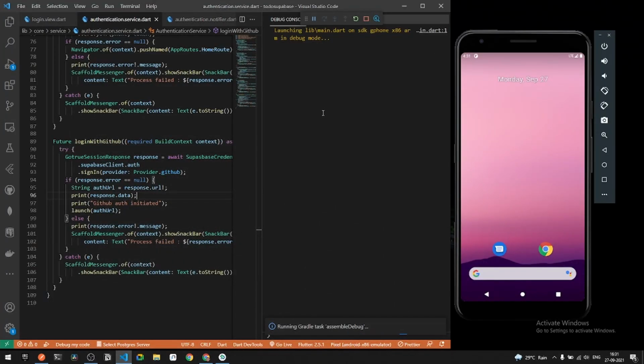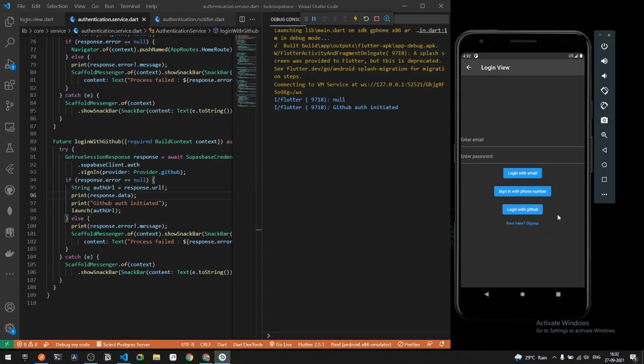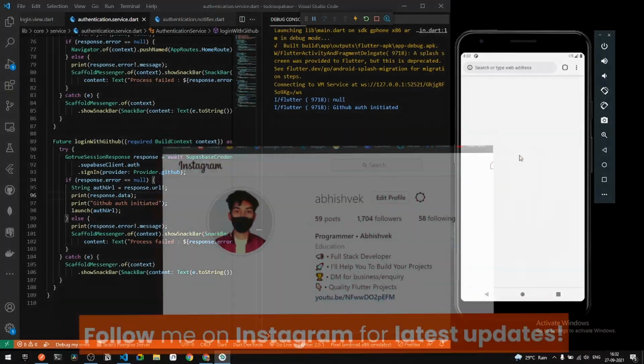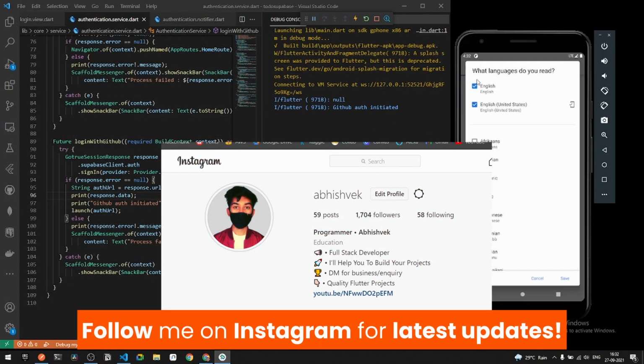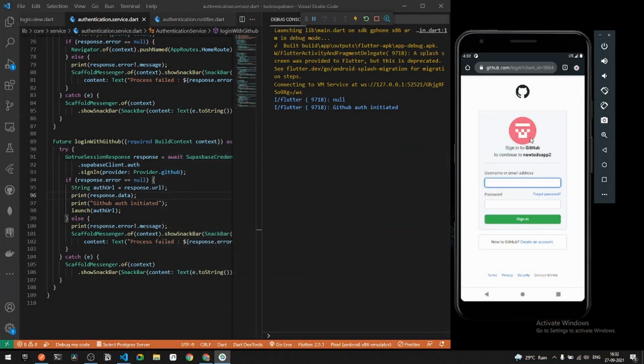Alright, so finally everything is up and ready. Now what I can do, I can simply say login with GitHub. Now you can see the following screen will be initiated and we will be navigated to the URL. Okay, so simply cancel everything. We don't require anything. Now you can see we will be getting the following authentication tab of sign in to GitHub with our application name, which is new to do app.